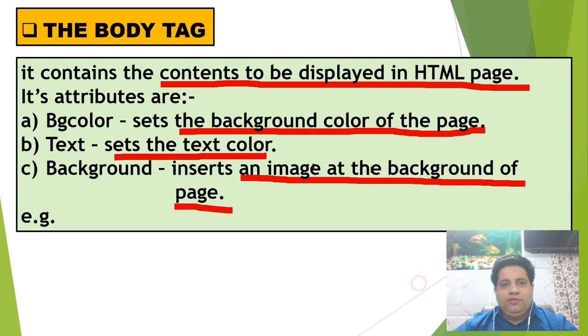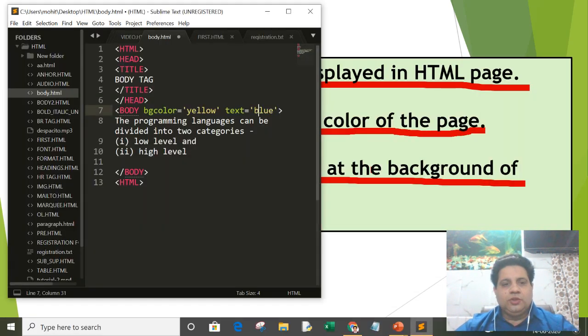Now, another attribute is background. It inserts an image in the background of the page. So let's practice this tag. What we will do, we will write another code, and here I have given body background equal to c:\subscribe.png. It means in the background attribute I am giving the full path of the image file along with its extension, where this image file is located on my system. So it is located on the C drive with the name subscribe.png. The extension of my image file is png.